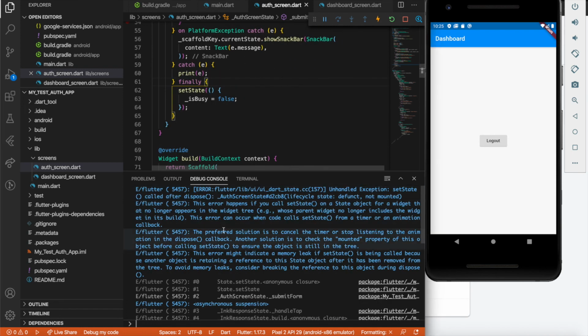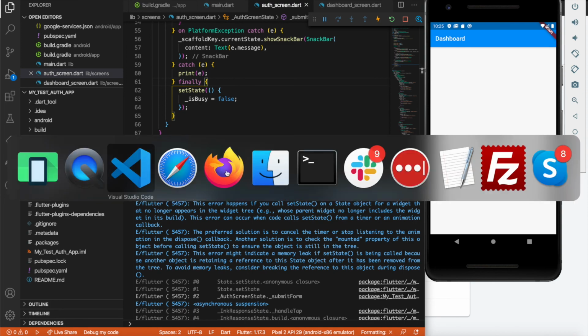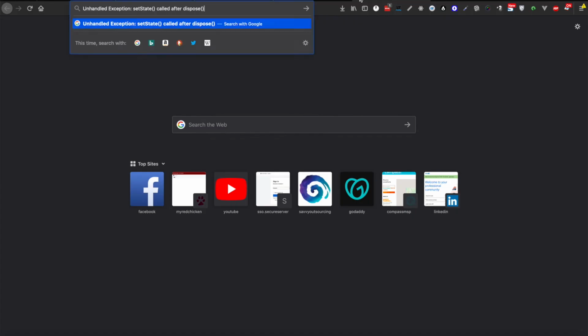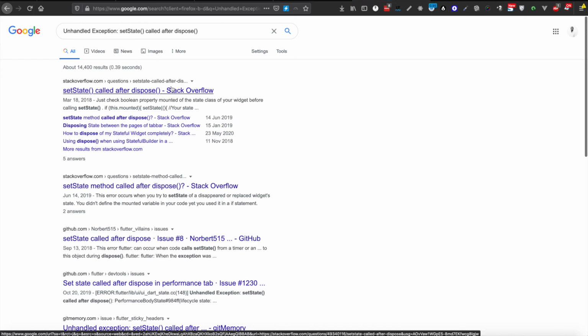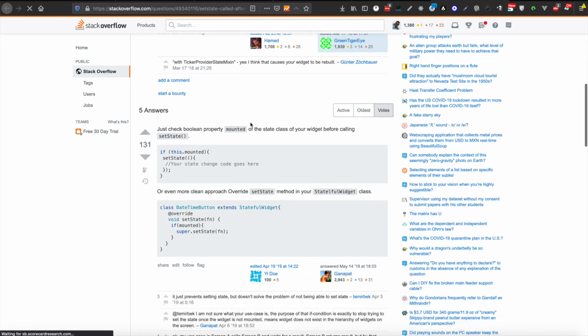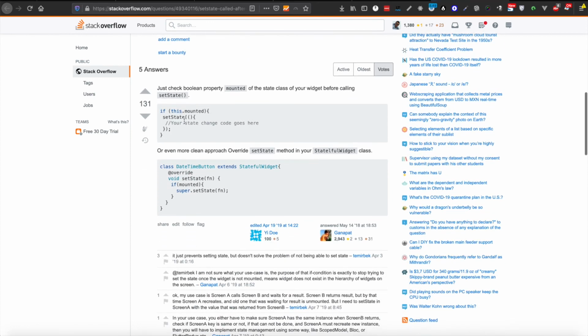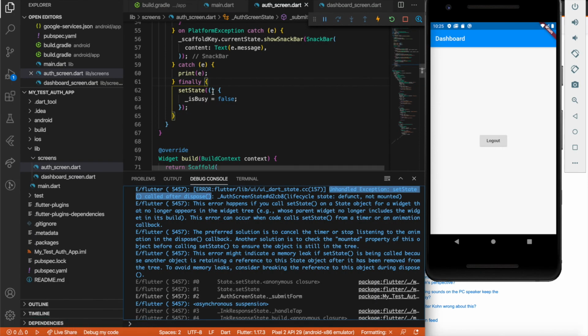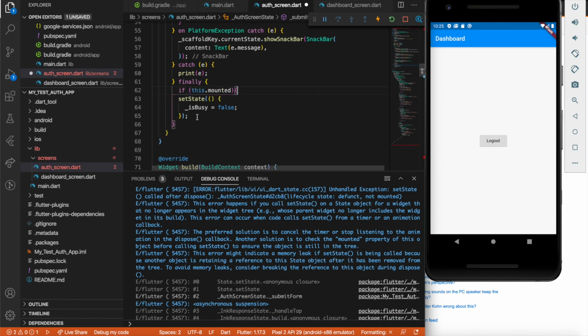I'm just going to copy this error and search it on Google to find out the easiest fix, because that's how we do real development. Okay, so there is a simple method, this.mounted and setState, so it should fix our problem. We can place it here, then here. That's it. Rebuild it,